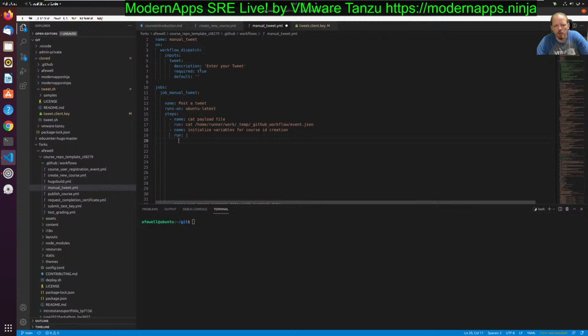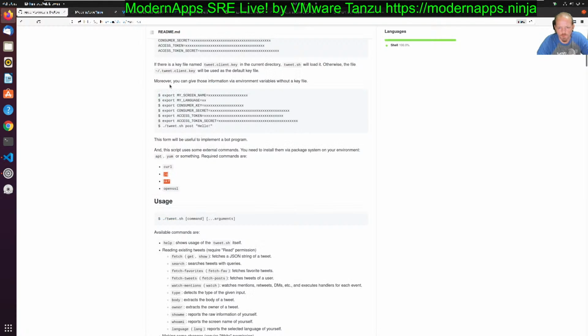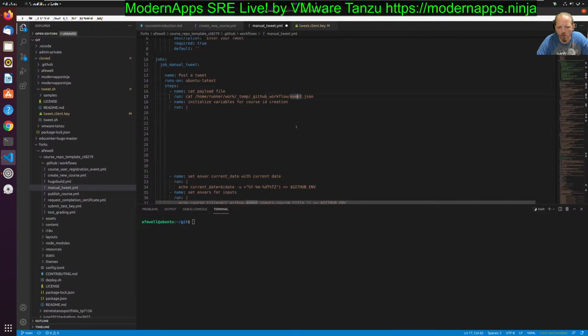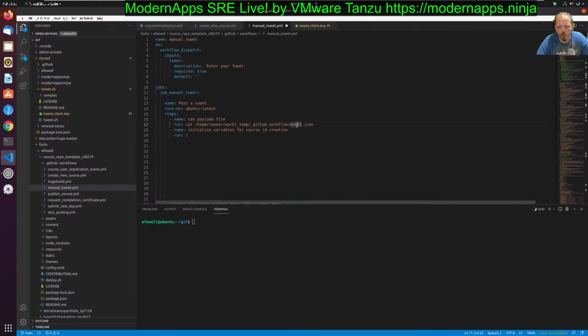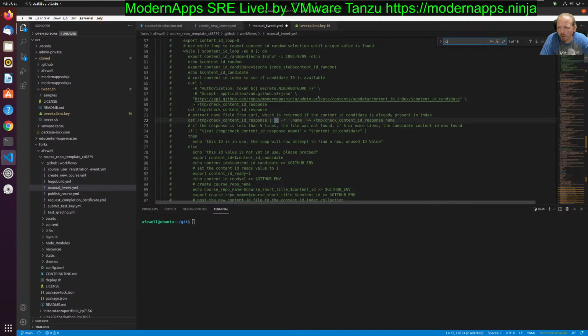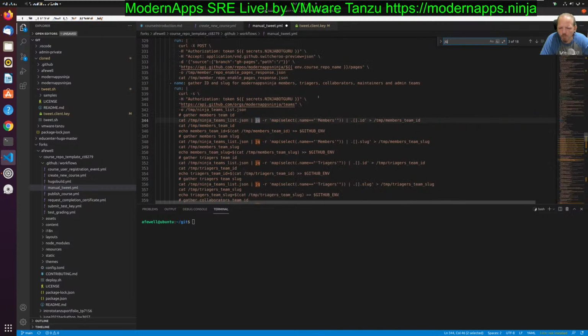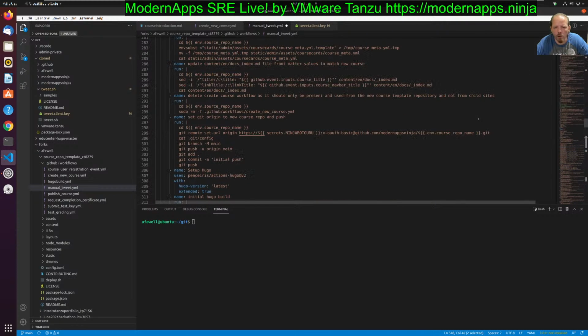Okay, so now we're back in VS Code. Got manual tweet. Hold on a second. Just wanted to confirm more detail. Okay. So now I have all this other stuff down here. Now I use JQ in a lot of workflows, so there's a decent chance that I already have my preferred syntax for installing JQ. Like anything in Linux, there's a lot of ways to install anything. I'm using JQ here and I'm not installing it. I think actually JQ is one of the ones that's pre-installed. So let's go out on a limb and say we're just gonna install NKF,